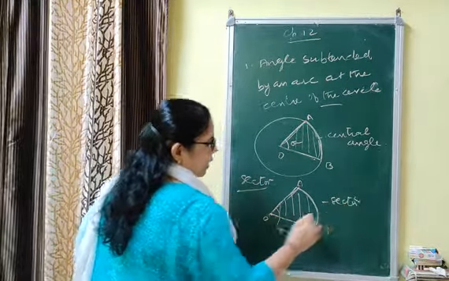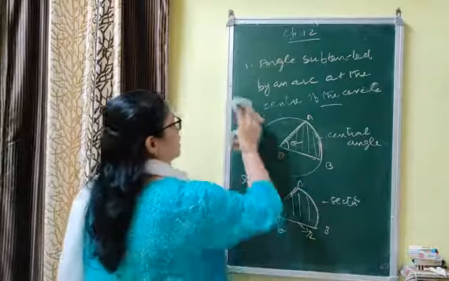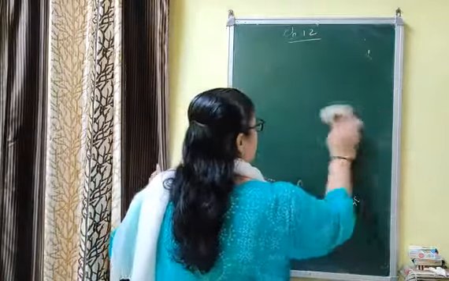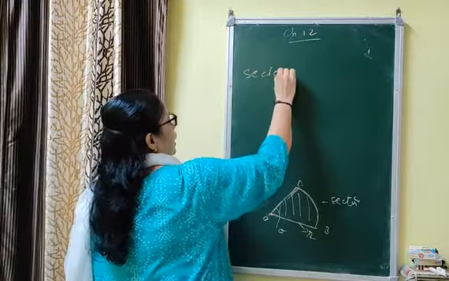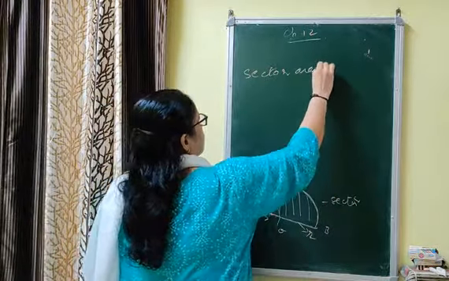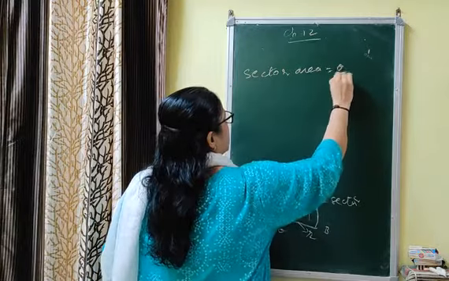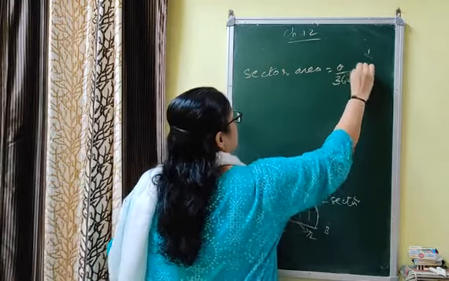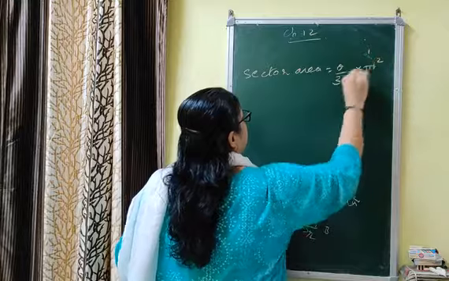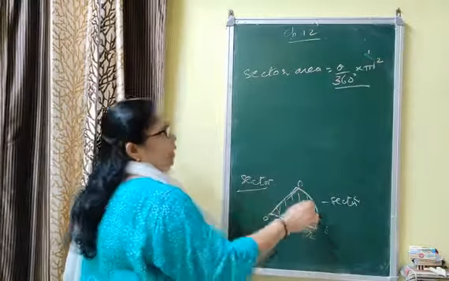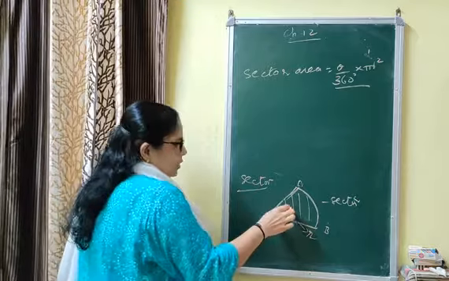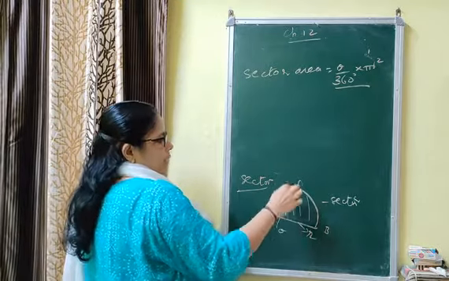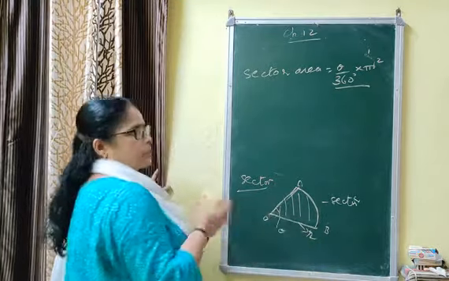Then how can we find the sector area? Sector area can be found, no need of any derivation. Sector area is found using the formula theta by 360 into pi r square. क्योंकि सेक्टर सर्कल का हिस्सा है, सर्कल का एरिया पाई आर स्क्वायर होता है, उसमें से हम इतना पार्ट ले रहे हैं, इसका रेस्पेक्टिव रेशियो थीटा बाय 360. दिस इज थीटा, टोटल एंगल इज 360.